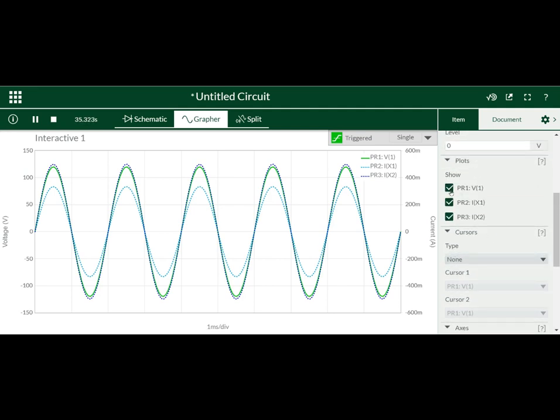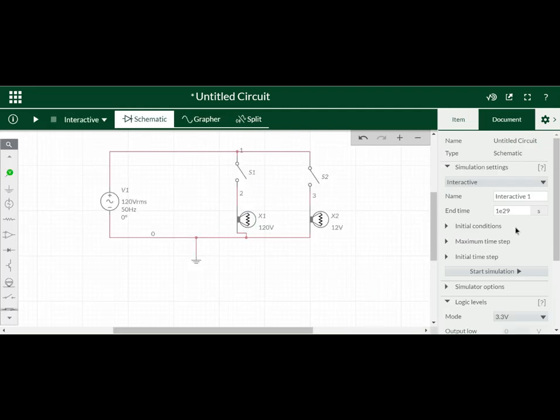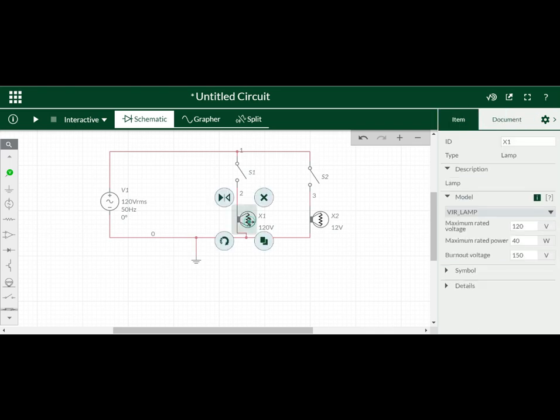So what type of load? It would be a resistive load. Okay, the lamp load is nothing but a resistive load. There is no displacement between voltage and current. Okay, thank you all.